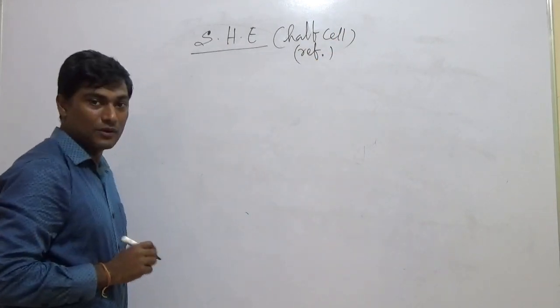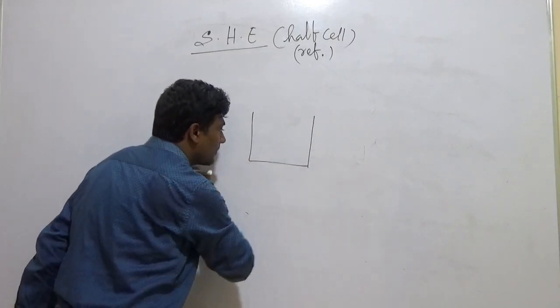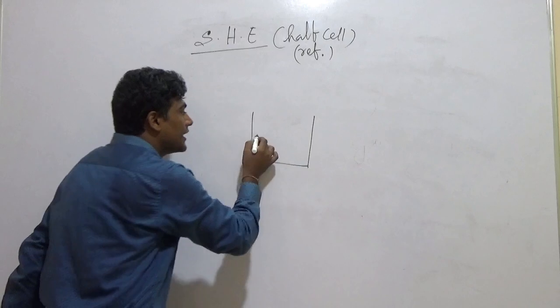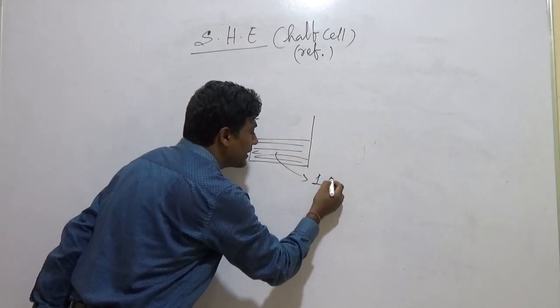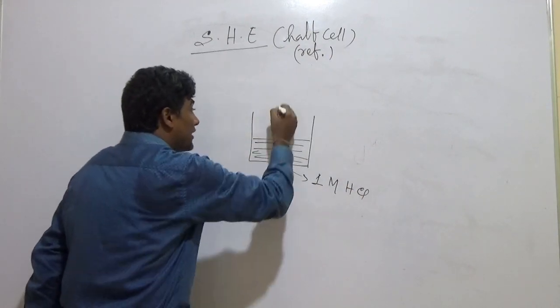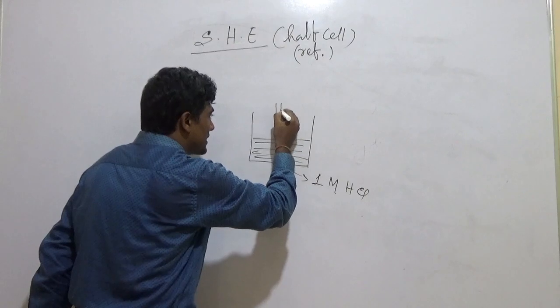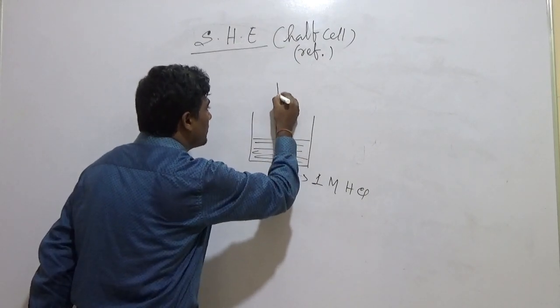What is the construction? Very simple. There should be a vessel. It should contain, first of all, the electrolyte. The electrolyte is 1 M HCl. Inside it there is one glass tubing, and one platinum wire